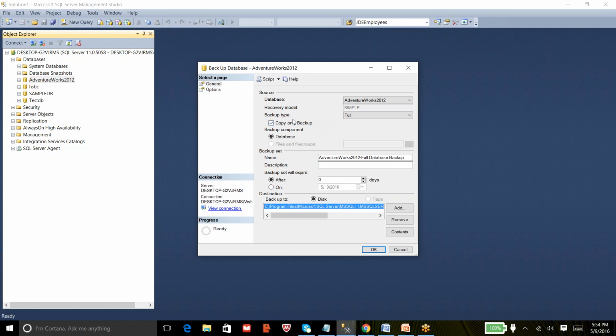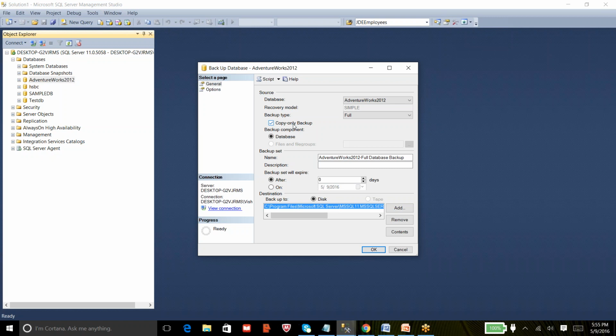So the benefit of using this copy only option is you can take a full backup at any time without resetting the log sequence number. That is the only advantage of copy only. So you might get an interview question: how do I take a full backup without disturbing the log sequence numbers?